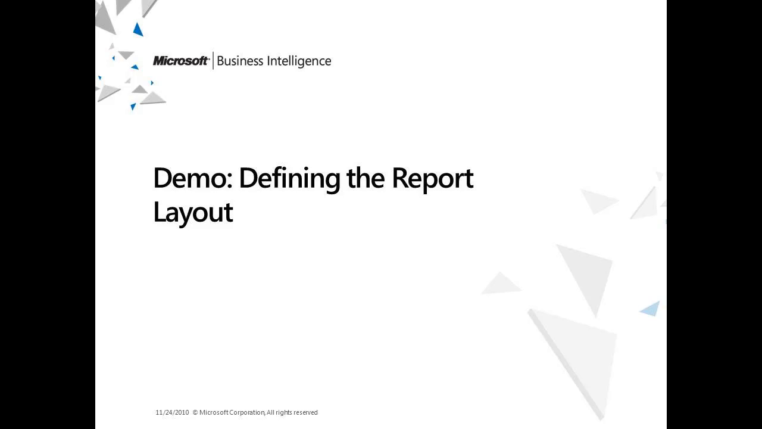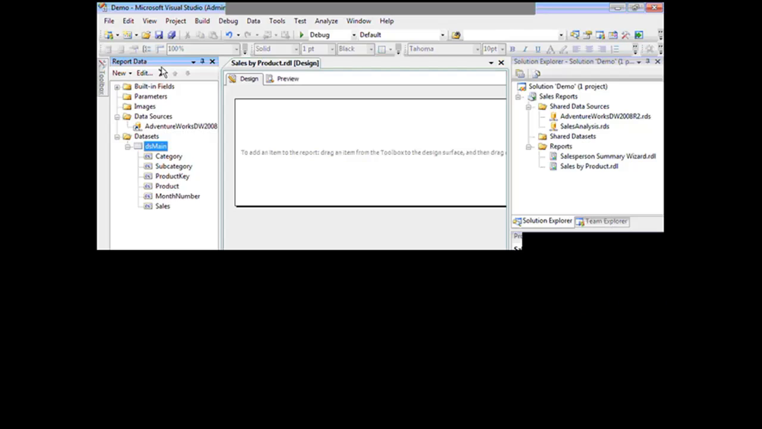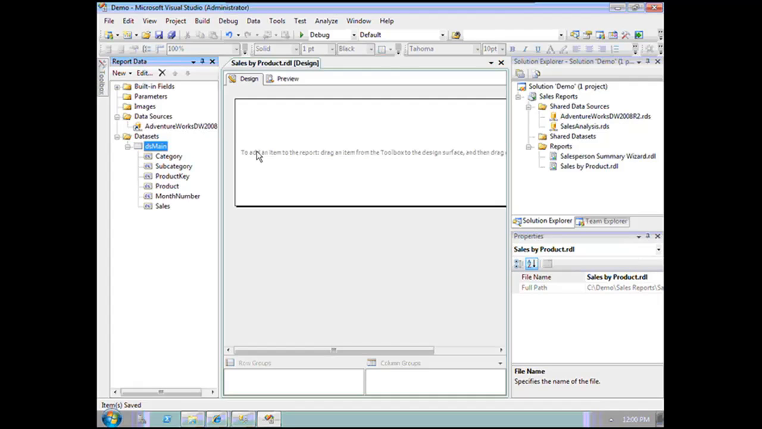Okay, let's put all of this theory together by building up a report layout. So where I left off from the previous demonstration is that we have our sales by product report. We've referenced the shared AdventureWorks DW shared data source, and I've created a data set called DSMain that brings in